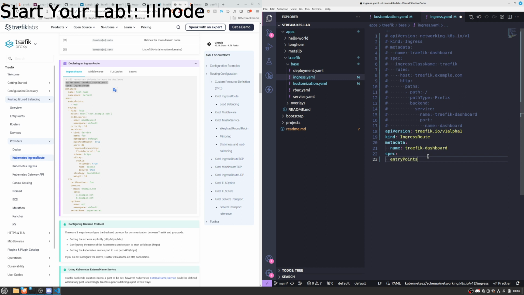Entry points, web, routes, kind rule, match, yeah, host, traefik.example.com, no middlewares,